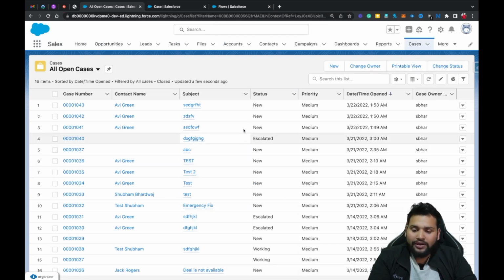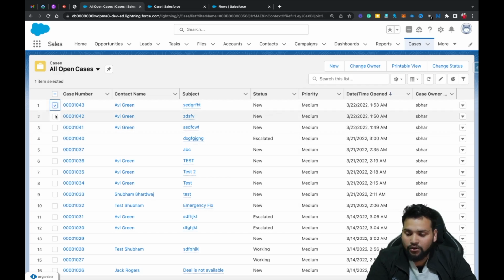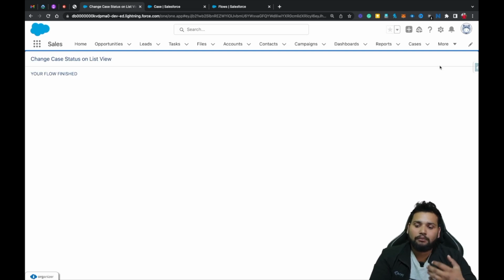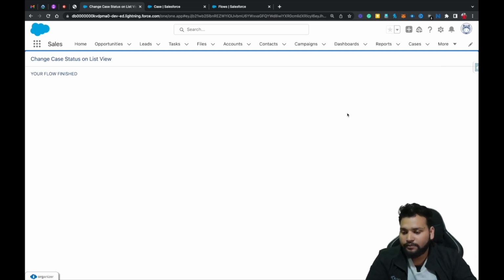So now you can see I am going to select 3 records here and click on change status, or instead of change status you can relabel this button as change status to closed, or let's say closed. So right now you can see change case status on list view, your flow finished, but this looks bad, right?